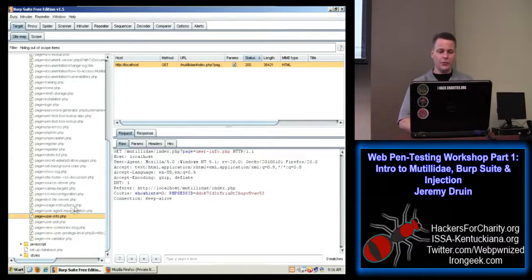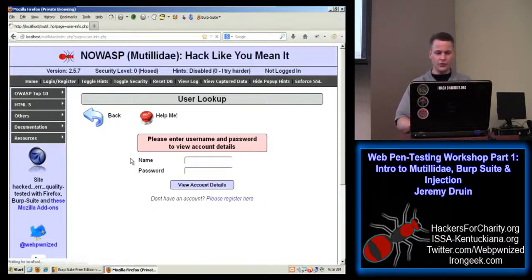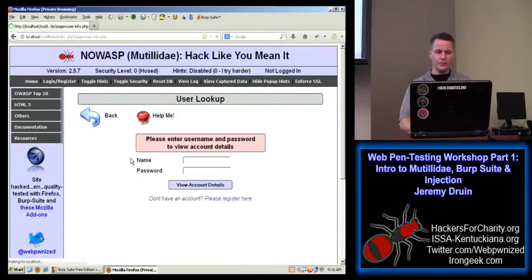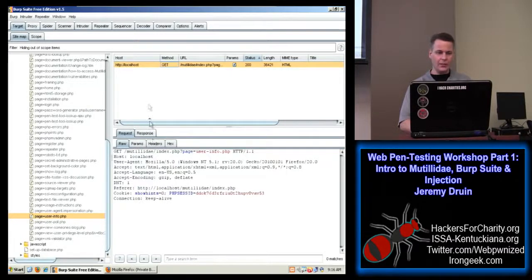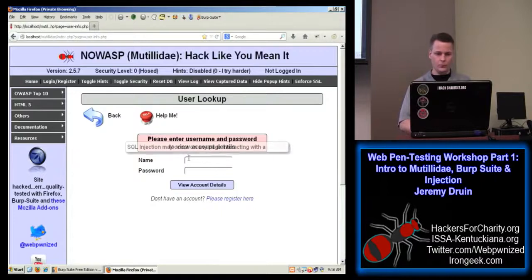When we click on a particular page in the sitemap, we can see the requests and the responses that have been made to that page over time. So let's just refresh this page just to cause another hit. And if we go back to the sitemap, I think I need to actually do something.